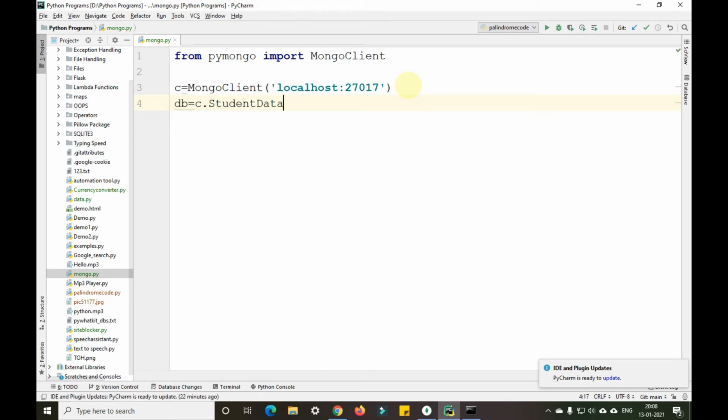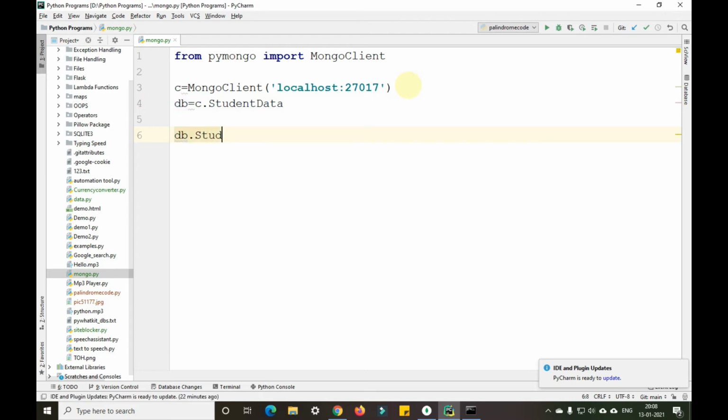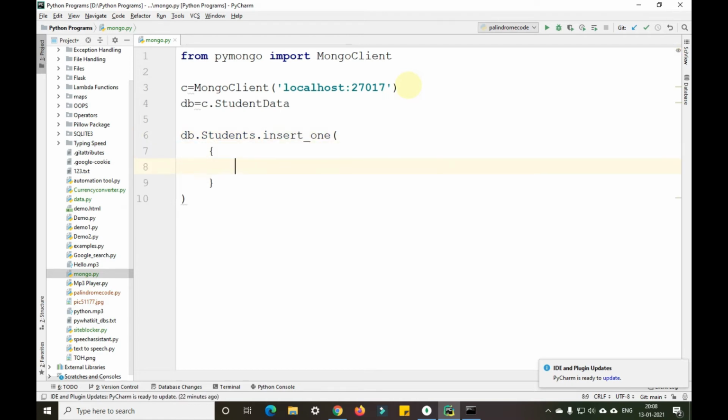After that, db dot students dot insert_1. After that, we are inserting into that particular database, that is the student data database here.